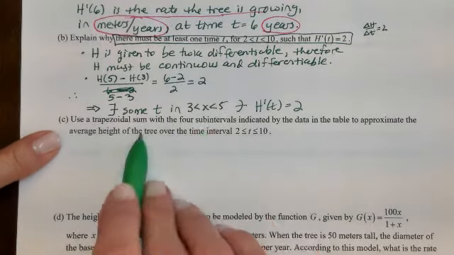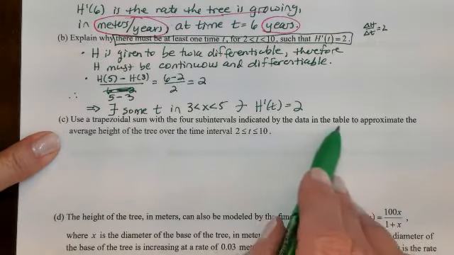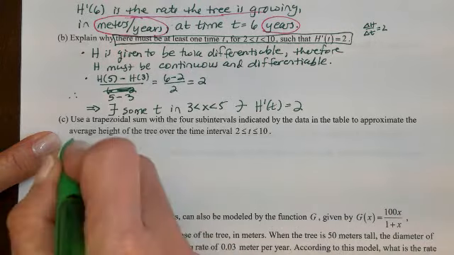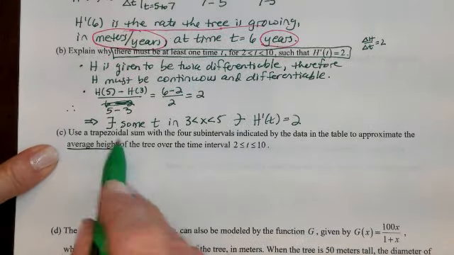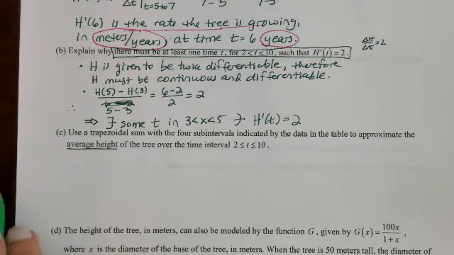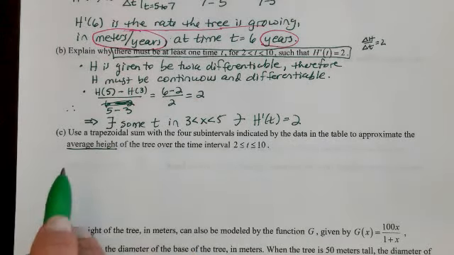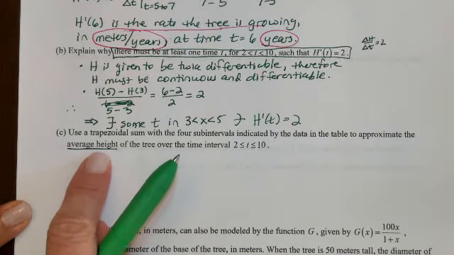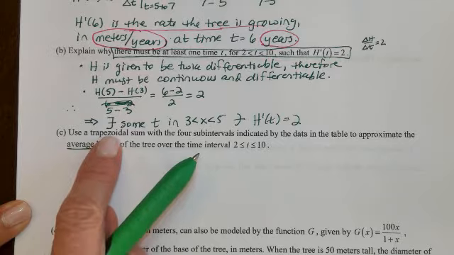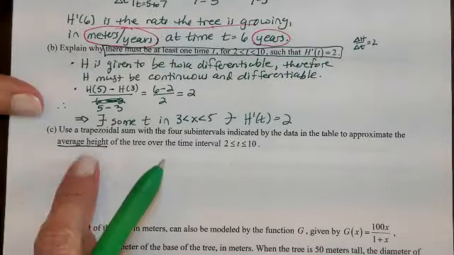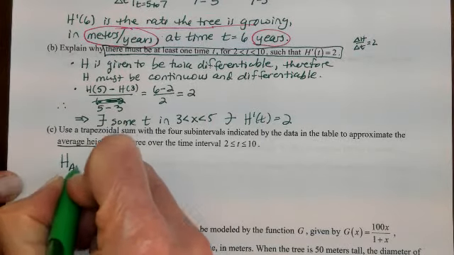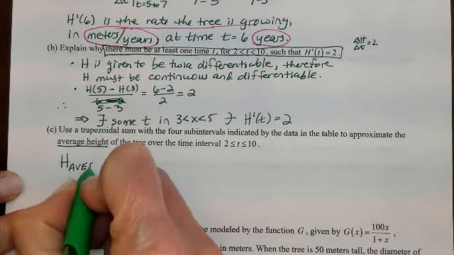Use a trapezoidal sum with 4 subintervals to approximate the average height of the tree. The average height of the tree. Well, alone the trapezoidal sum would only approximate the integral. We don't just want the integral here, we want the average height of the tree. So they're asking us not just for a trapezoidal sum using this data, they're asking us for the average height of the tree. Well, the average height from 2 to 10